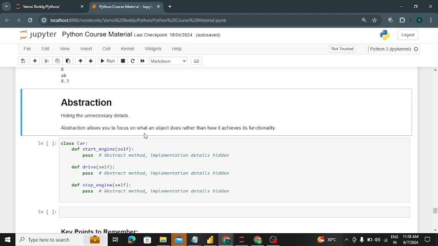So we don't write anything, we don't have any code for that. Simply this is a code: car starting engine is a thing. I need to implement the pass. Here the details we can't see. Same for drive or stop the engine. We just see the features and functions, but the implementation we can't see. Basically, the same example. Another: add two numbers, a plus b. So we are adding the things.